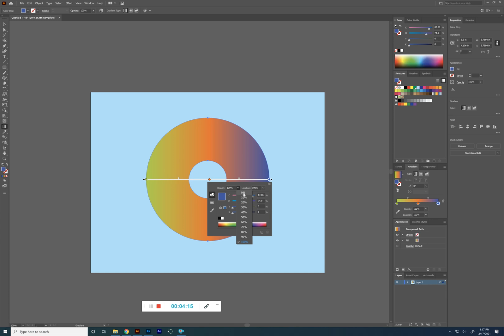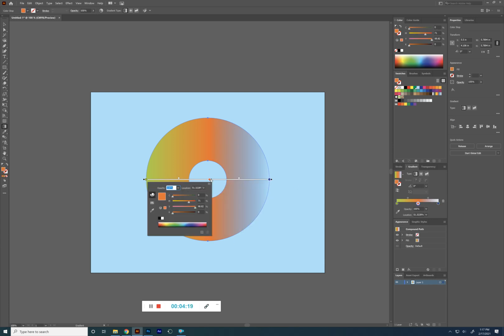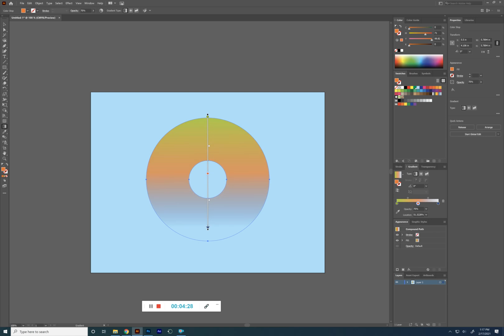I can set this all the way down to 0 so it fades completely. This guy, I can maybe set down to 60 or 70 so it's got that gradual fade. And then if I redraw this, clicking and dragging, we can see we get that gradual fade into nothing. I could take the diamond, sort of constrain that back upward a little bit, and it gives that gradual fade